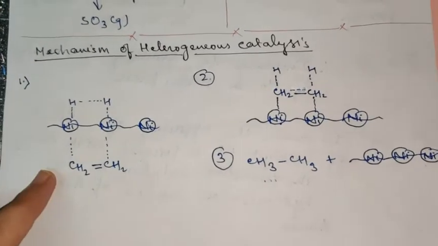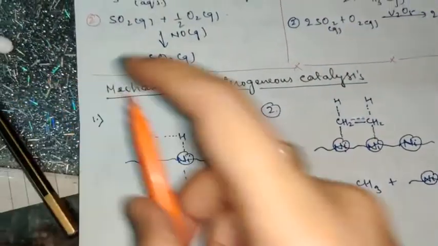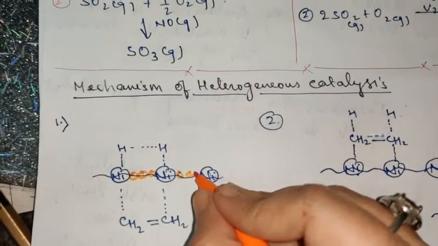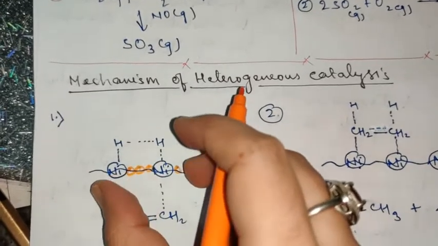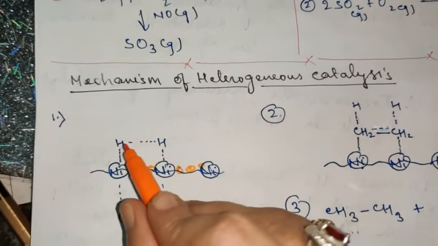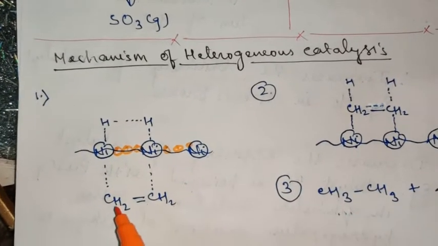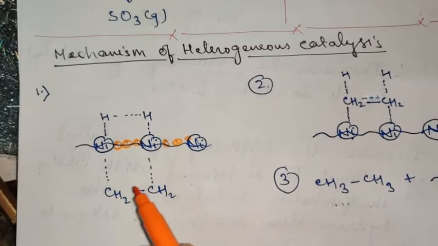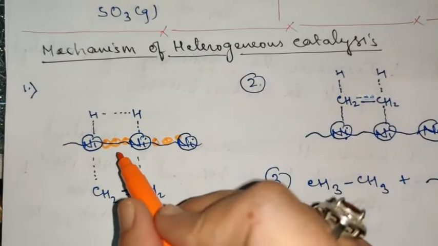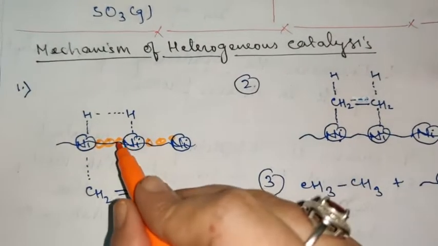functions. Now if I talk about a promoter, what does it do? It adjusts itself between these catalyst atoms, like this. So obviously it will separate the two nickel atoms to a farther apart distance. So breaking of the bond of the hydrogen molecule will be facilitated and become easier. Similarly, the breaking of the bond of CH2 will become easier, because now the nickel atoms will be far apart from each other because of the incorporation of the promoters in between the nickel atoms. This is how the promoter functions.